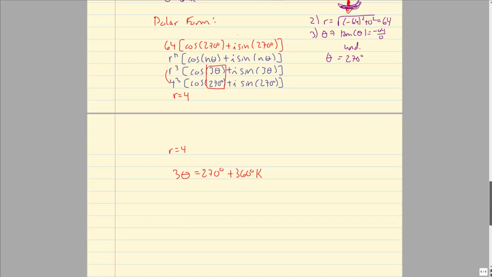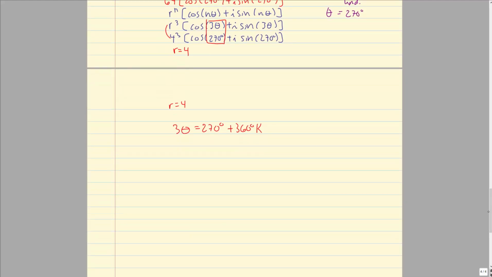So what we're going to do now is solve for theta. And then we'll table this and figure out different angles for different values of k. So divide through by 3, and I get theta equals 270 divided by 3, which is 90, plus 120 degrees k. So this is what I'm going to want to table. So I'm going to choose different values for k,